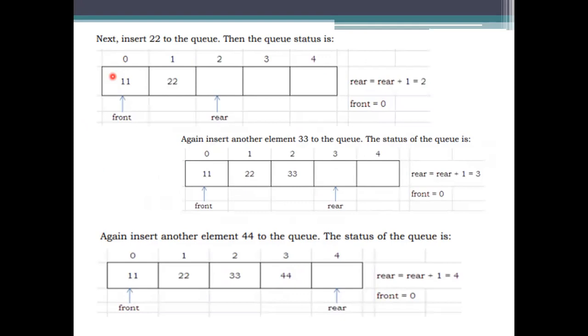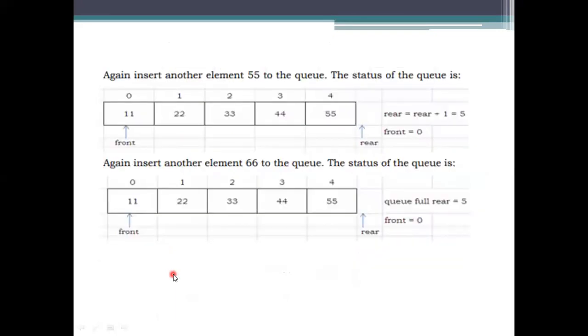But wherever you are inserting, the rear is adding the elements. So the element to be accessed by the front pointer will remain the same during the insertion of an element into the queue. At any point, if you want to execute the peek method, you will get the value as 11 only.